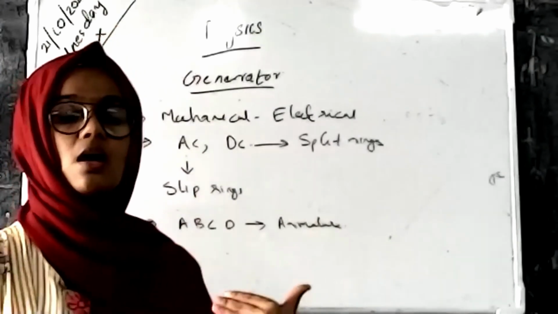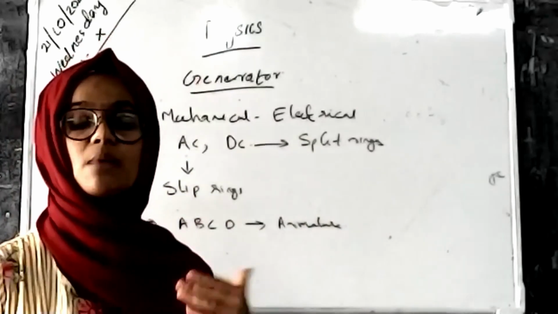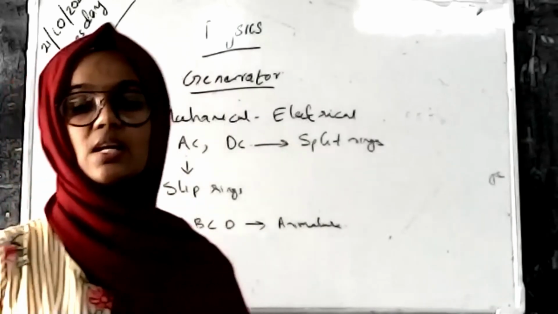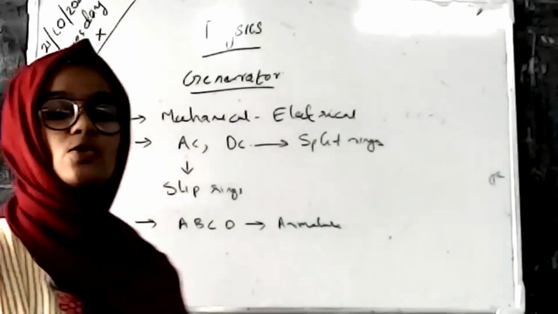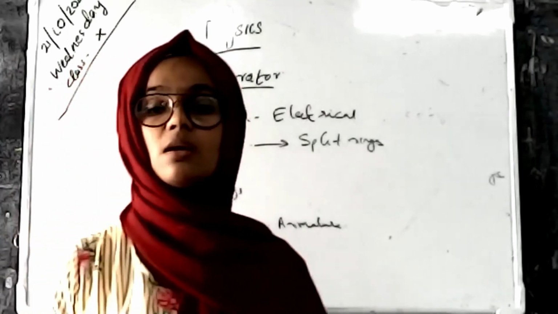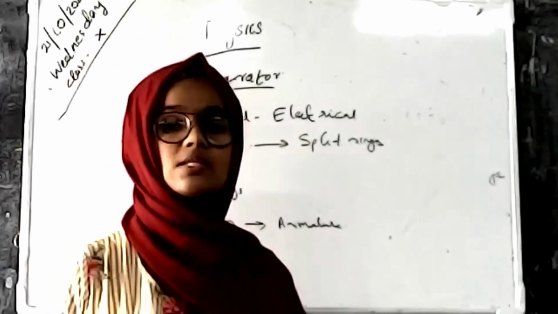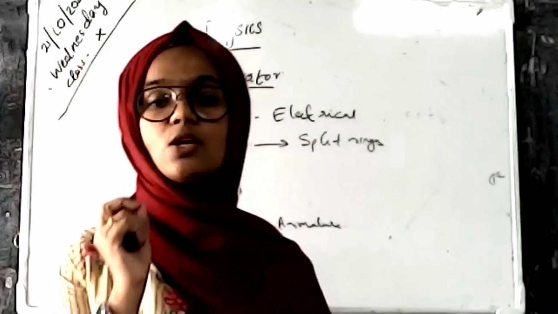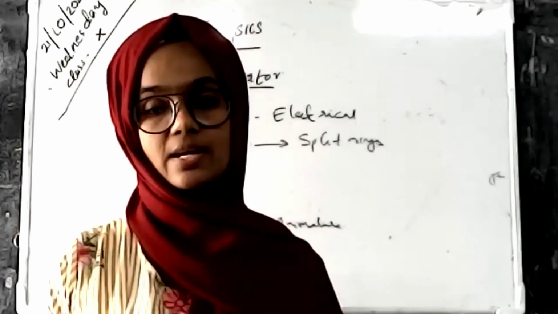In the first rotation, the induced EMF is maximum at 90 degrees, and again at 270 degrees the induced EMF is maximum. So there are two times when the induced EMF is maximum, and this produces electricity. A generator is used to convert mechanical energy to electrical energy.